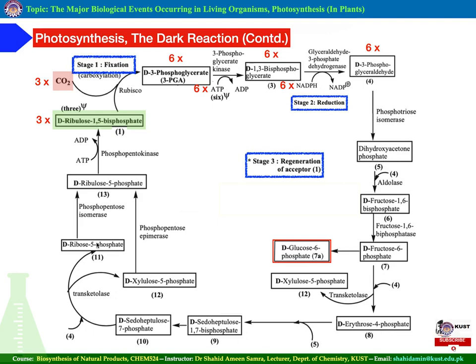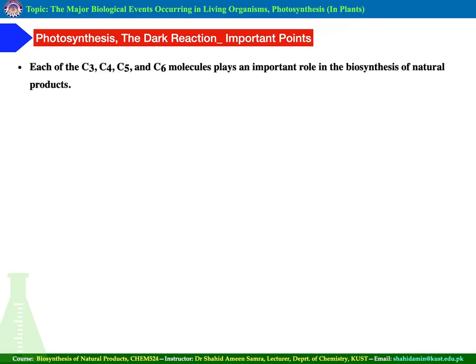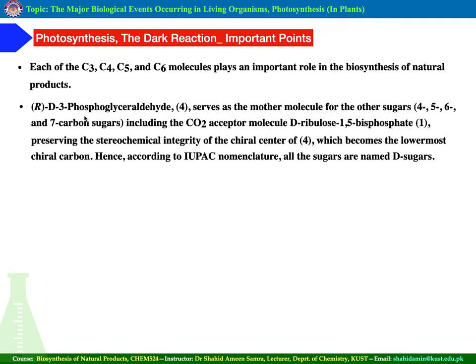So these molecules play an important role in the biosynthesis of natural products. Phosphoglyceraldehyde, that is produced as a result of reduction from its oxidized form, serves as the mother molecule for the other sugars that are 4, 5, 6, and 7 carbon sugars, as we have seen in the previous slide,